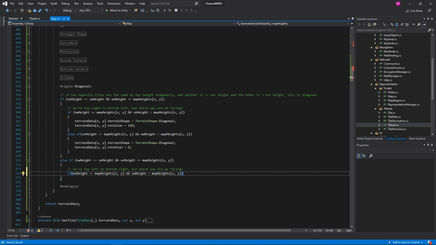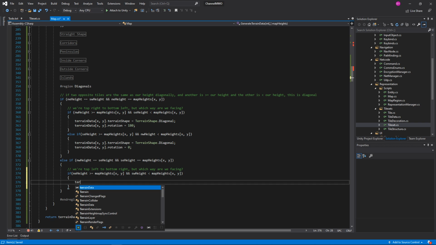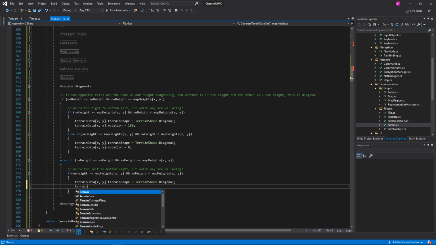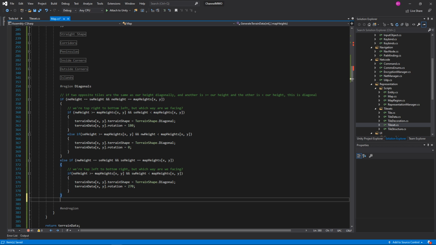In this case, our terrain data xy dot terrain shape is still equal to terrain shape dot diagonal, and our terrain data xy dot rotation is equal to 270. Not f. It's an integer now. I didn't change that in the other project. I'm going to do that every time, probably. And then we'll do an else